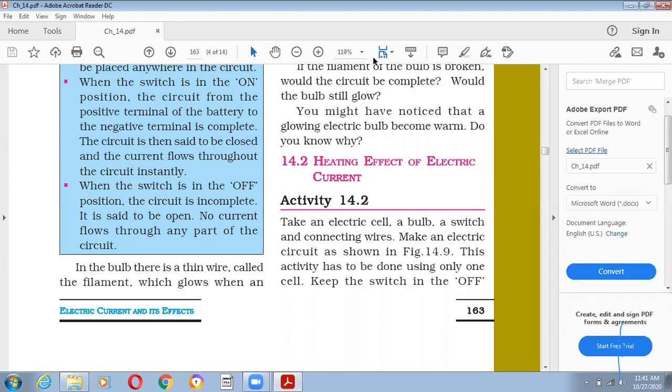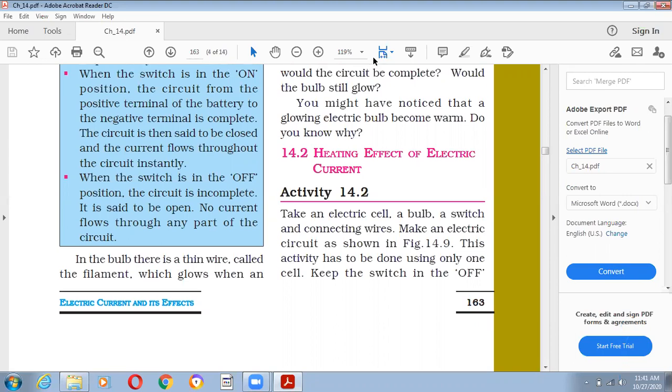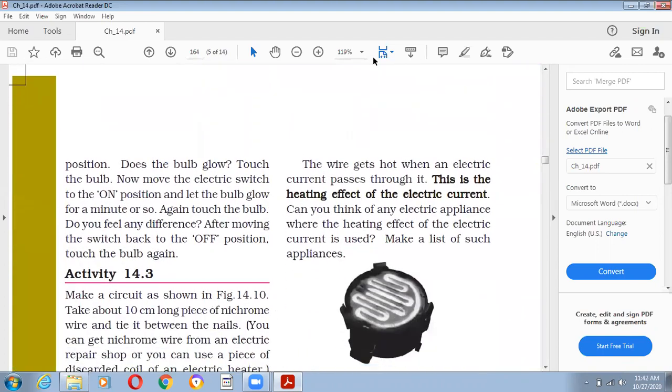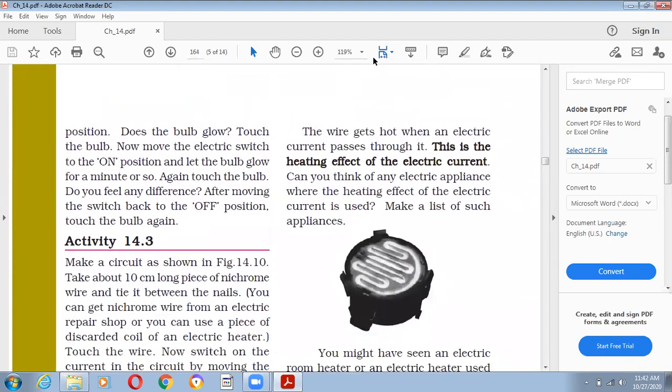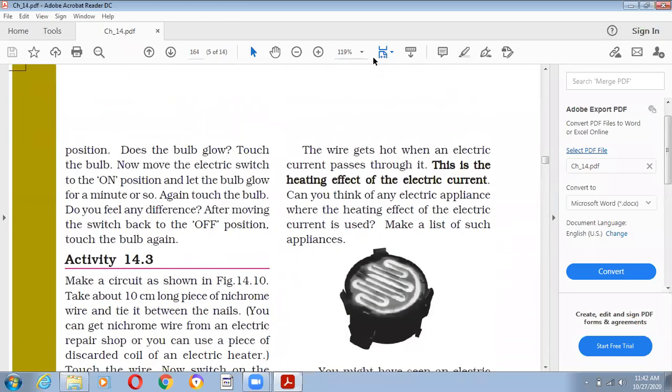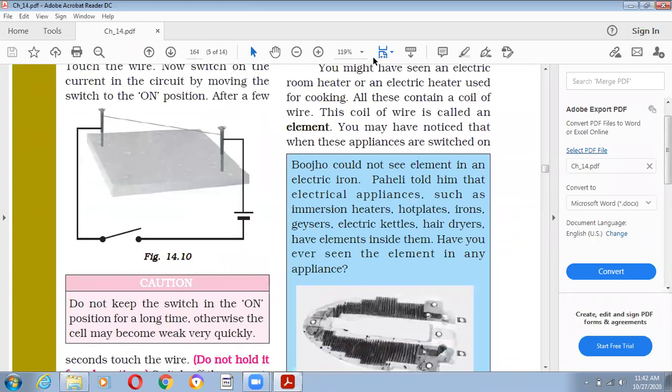And the amount of heat produced in that case depends upon two factors. One is the resistance of the material, and second is the amount of current. Larger the resistance, larger the amount of heat, larger the amount of current, larger the amount of heat, right? So you can see here the iron nails are used when you use nichrome wire, and when we pass the current through this, we will observe that the nichrome wire will break from the middle or any other point because of heating effect of current.